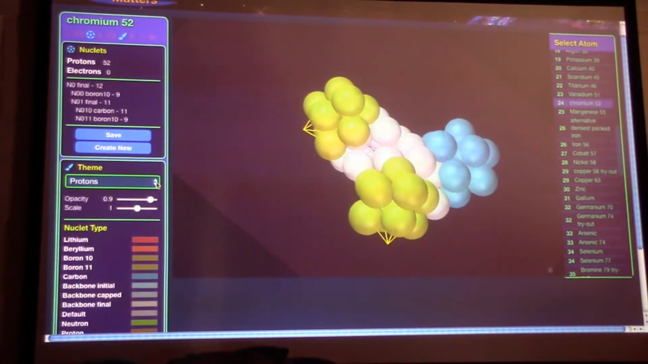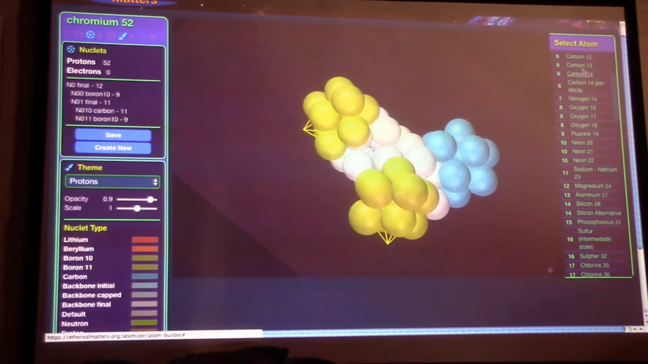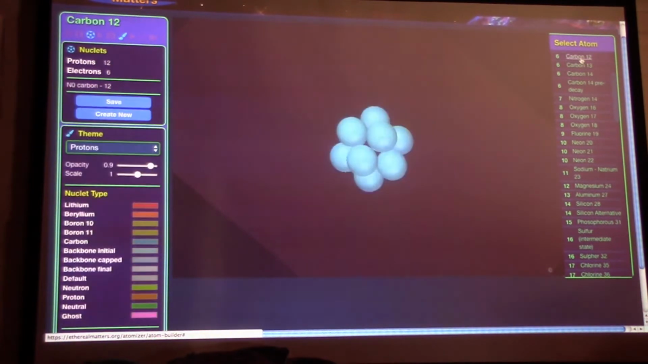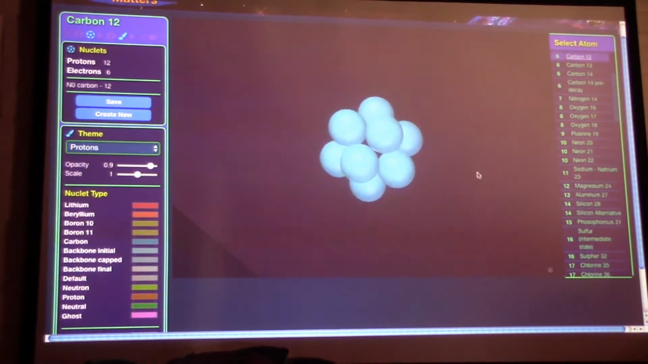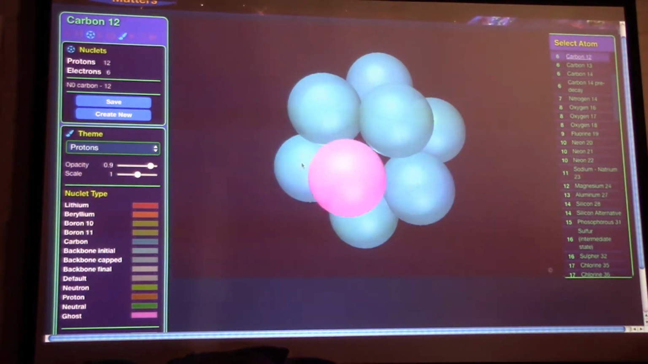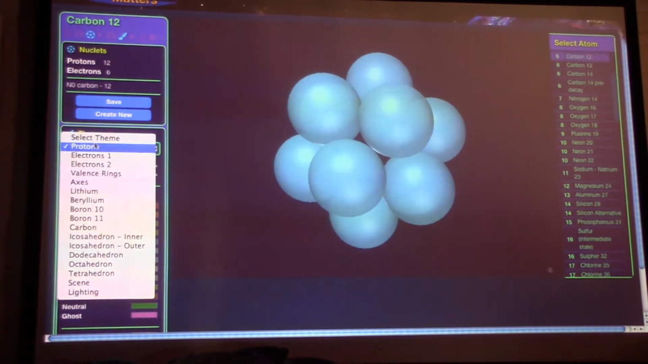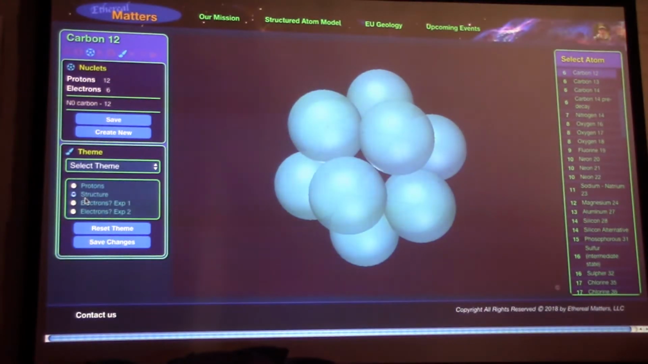I'm not sure, James, can we do that? Can you go back to carbon, please? 12, yeah. Oh, yeah, and the electrons, please, if you can. Anyhow, mass, you mentioned mass, and yeah. So,